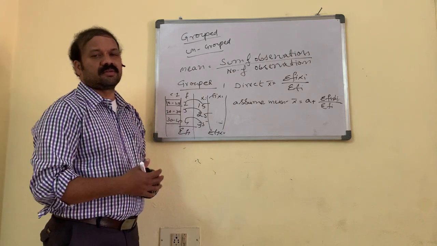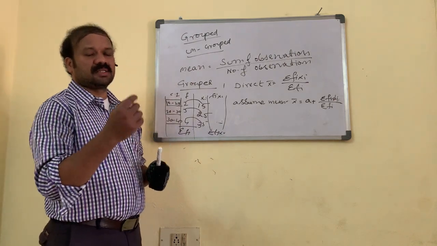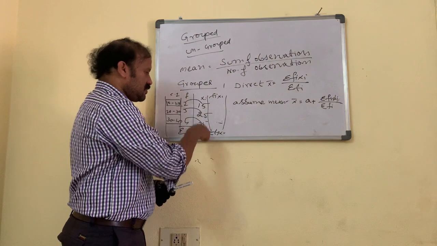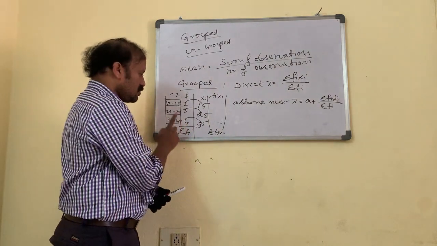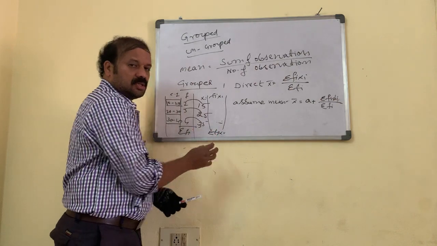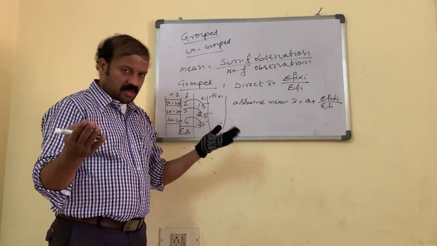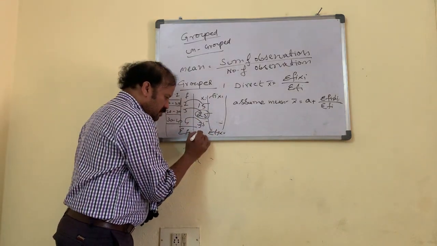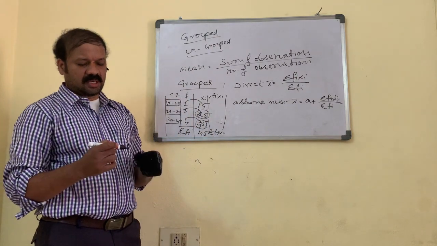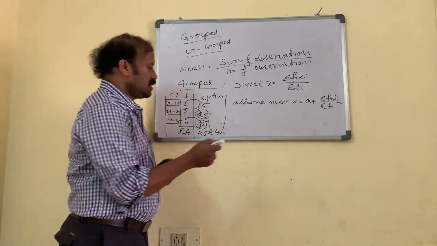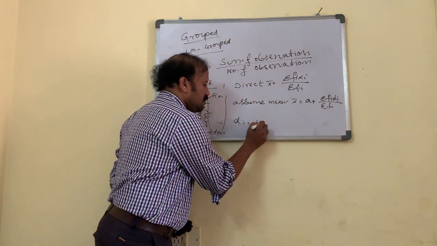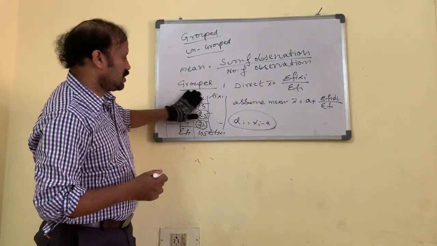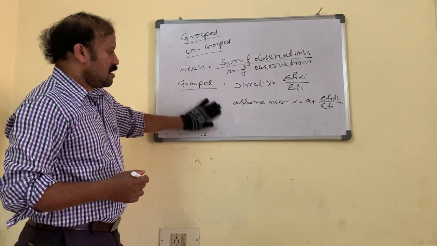A means you have to find the a value. d equals xi minus a, where xi is the mid value of the class. A is the middle value; if there is an even number of values, you can take either of the two middle ones. Suppose three values are there, the middle one is called A. If four values, say 15, 25, 35, 45, you can take 35 or 25. That is called A. The di formula is di equals xi minus A. Then multiply fi with di, and complete the process. This is the second method, the assumed mean method.